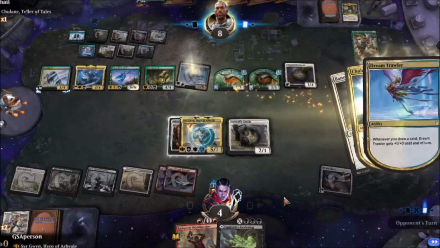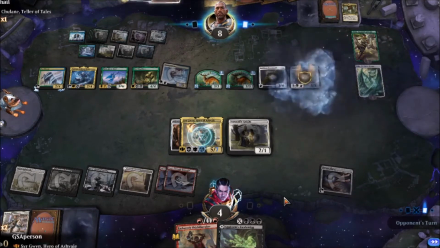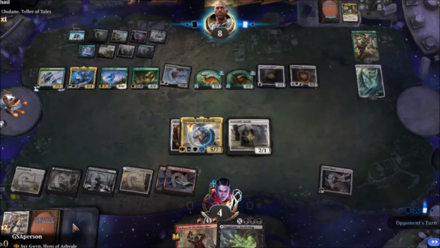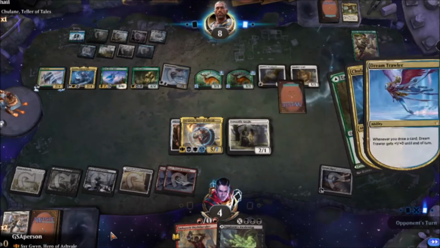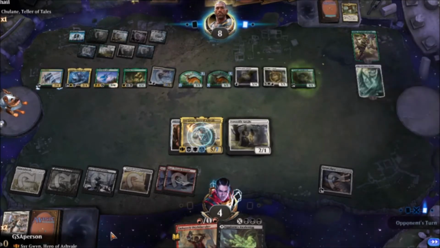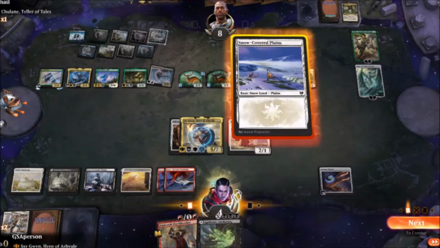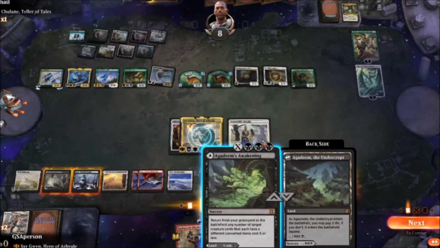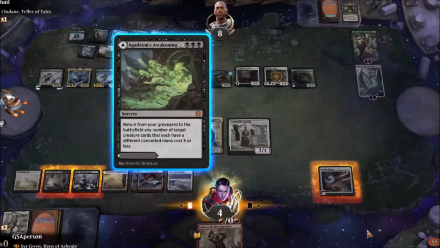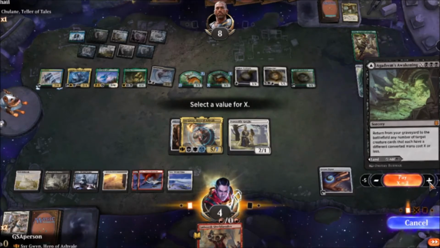And there's a Baneslayer Angel. Look at this. This is insane. Right then. Frick. Agadeem's Awakening could bring back Acclaimed Contender and Solemn Simulacrum, I guess. So we will do that. But what does it even matter when...